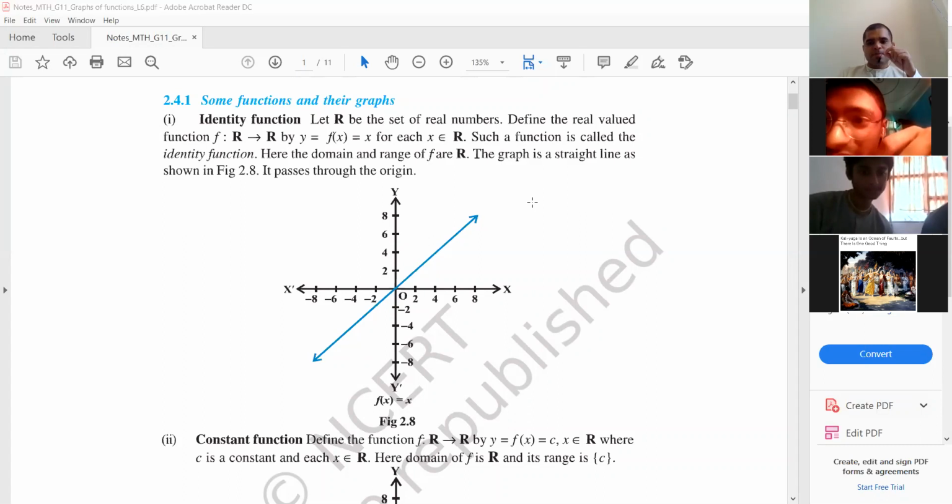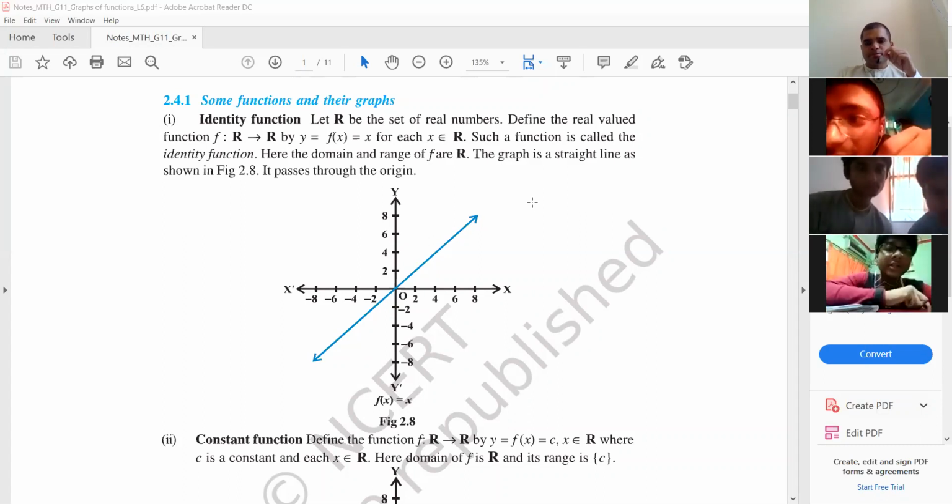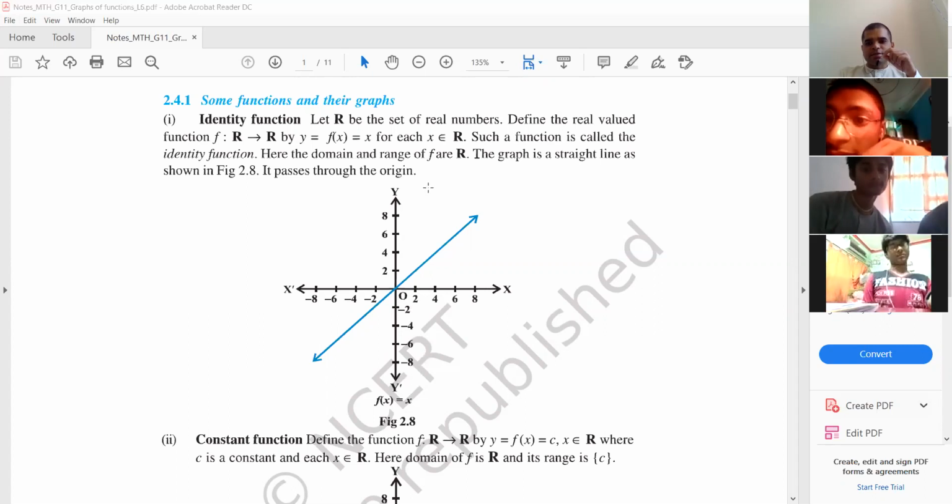According to the scale given, we draw a graph with x and y axis and x dash and y dash axis. Okay, so first of all you need this plane, the xy plane, where you have the x axis and y axis. Fine. So you need a plane. Then what do you need?